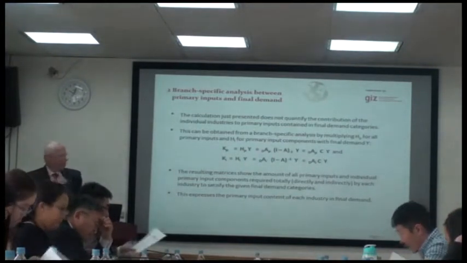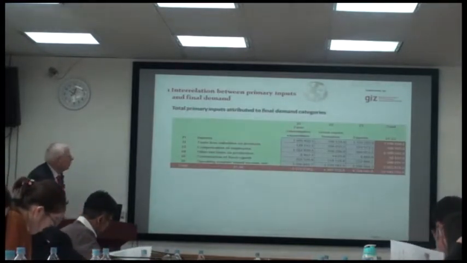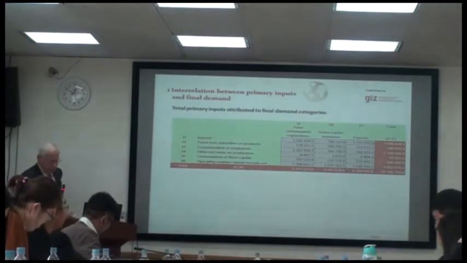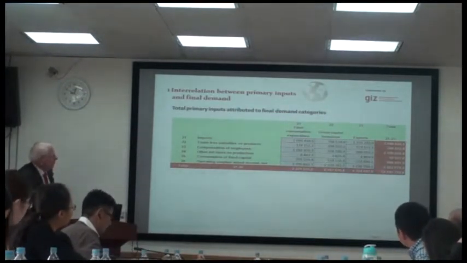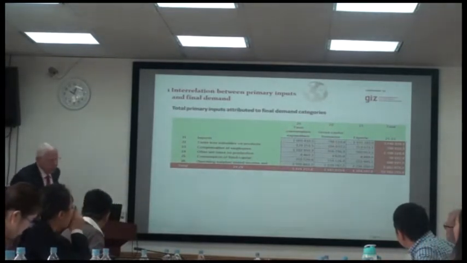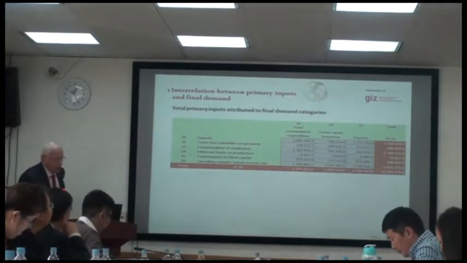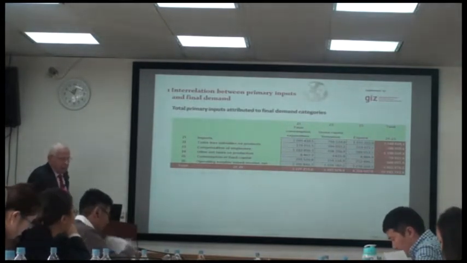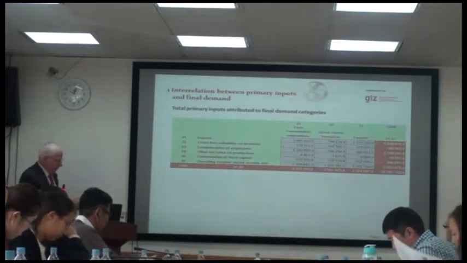How much? What you could see here from this point of view, that I have not made the interpretation, I could show you. To satisfy the final consumption expenditure in Mongolia, we need total intermediate imports of 1,095.